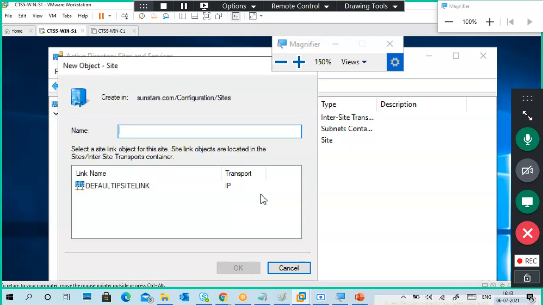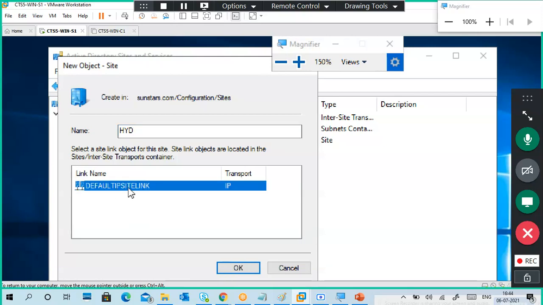My site name could be maybe Hyderabad, or you can go international wise. Actually sites are international wise, not national wise, but continental wise or complete geographical area wise, like India, New Jersey, like that you have to give. But I'm giving it like HYD site.